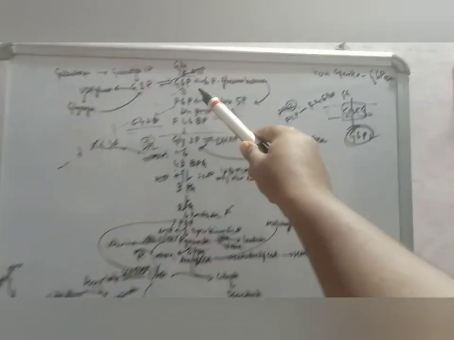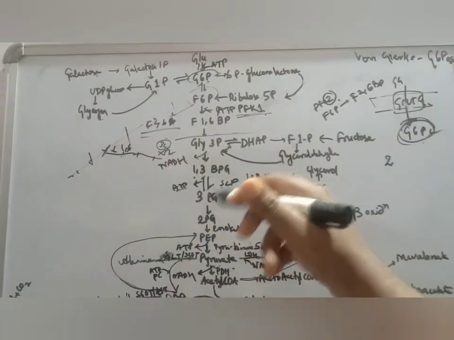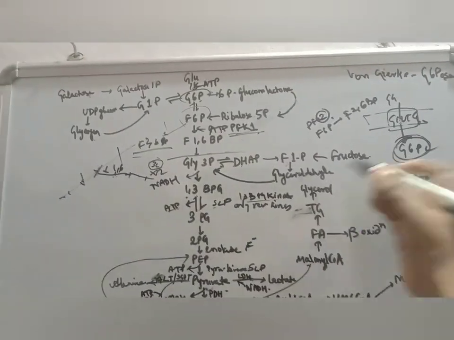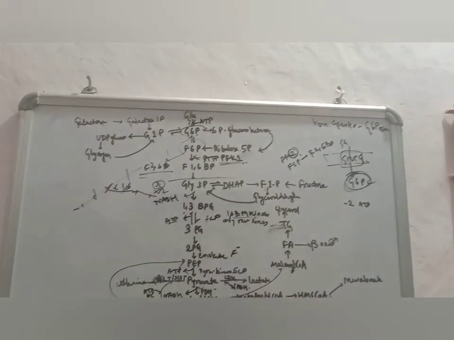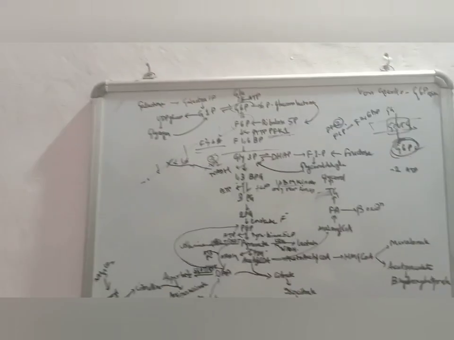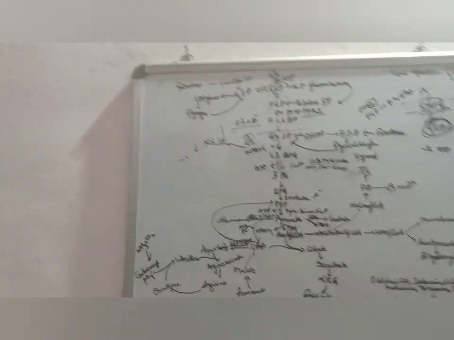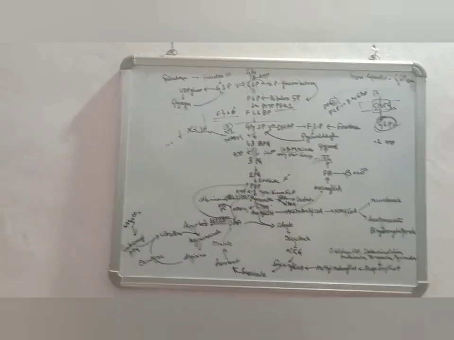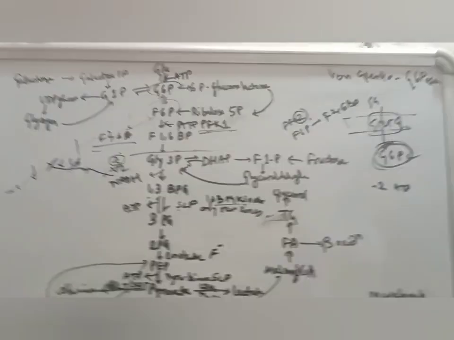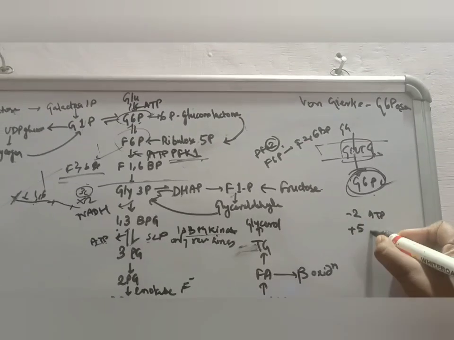So how much will come? See here, 1 ATP consumed, another ATP is consumed here, so 2 ATP is consumed. That is minus 2 because it is consumed, minus 2 ATP. Then there is NADH which is released. So 1 NADH forms how many ATP? It can get converted into 2.5 ATP. Remember, NADH gives 2.5 ATP, FADH gives 1.5 ATP. So that's it. 2 NADH are released, so that will be 2.5 into 2, that is 5